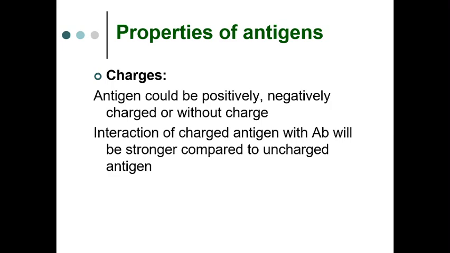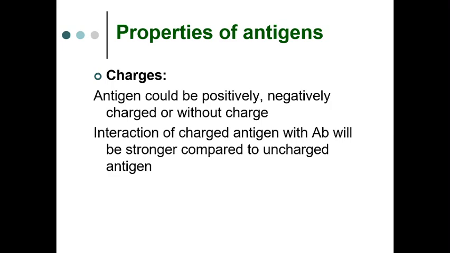One is charges. Charges in terms of whether it is necessary for the antigen to be positively charged or negatively charged, or if it is neutral, can it still be an antigen? It was found that antigens that are positively charged will induce the production of antibody with negative charge in the antigen binding groove. The antigen binding groove is situated in the Fab region of the antibody, that is, the fragment of antigen binding region of the antibody,